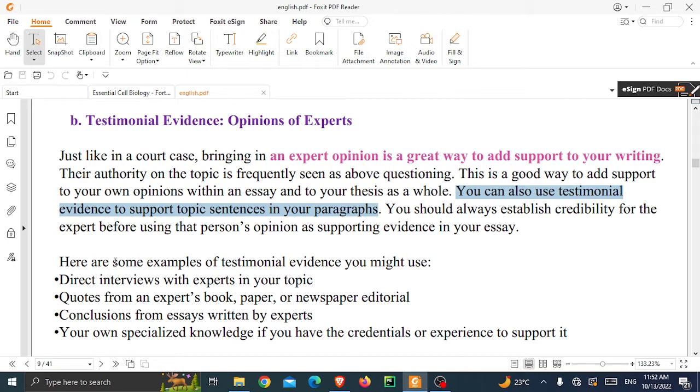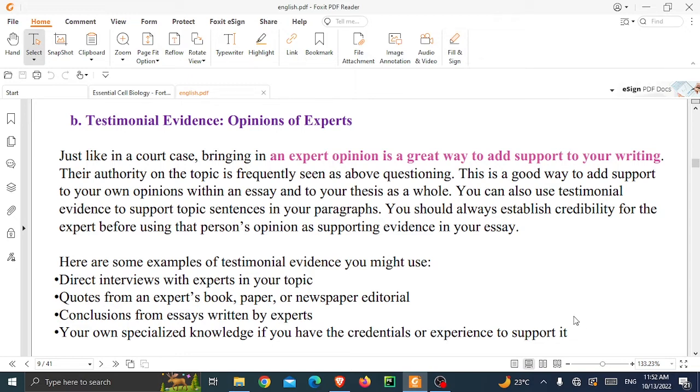And we have some examples for testimonial evidence that someone might use: direct interviews with experts in the topic, or quotes, like I said, from an expert's book, paper, or newspaper editorial, like quoting the person directly; conclusions from essays written by experts, like citations from different research papers, or your own specialized knowledge if you have the credentials or experience to support it. Like if you are yourself an expert, you can state your own opinion about a certain topic that you are